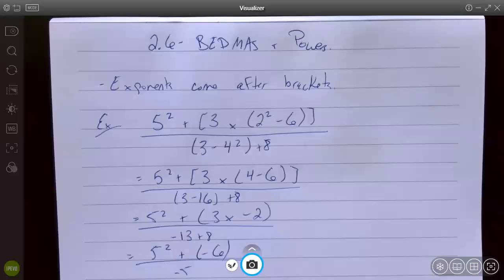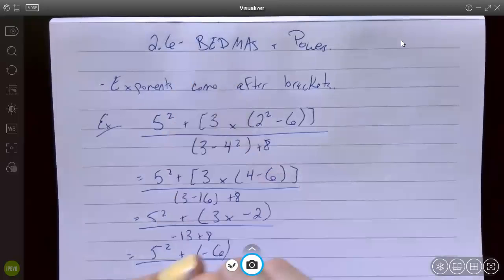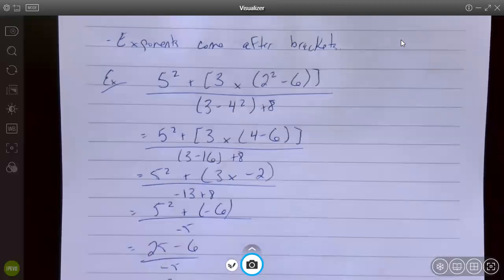Okay, the next thing I want to talk about really quickly is how BEDMAS applies with powers. So of course, according to BEDMAS, the E stands for exponents. It comes right after brackets. So if we look at this example here,